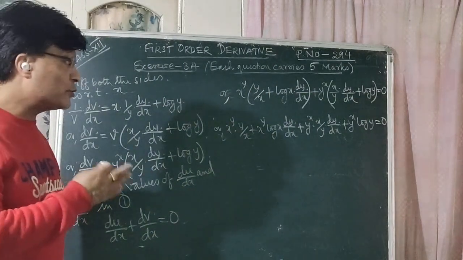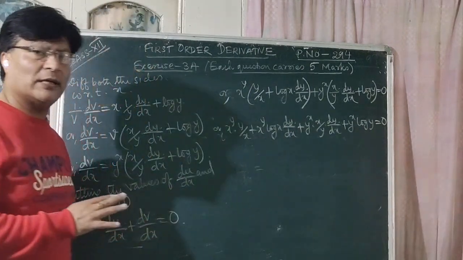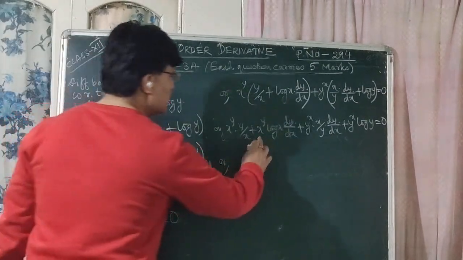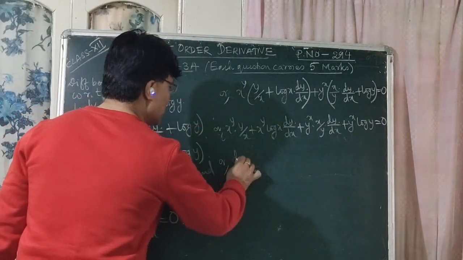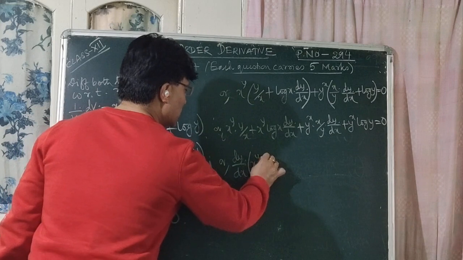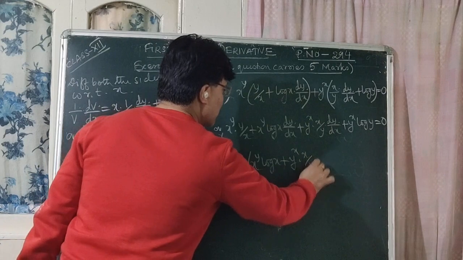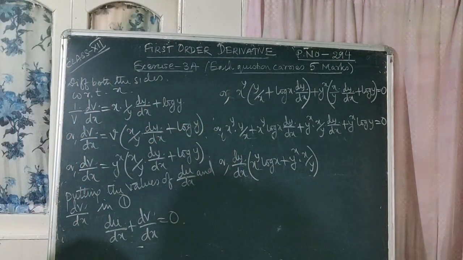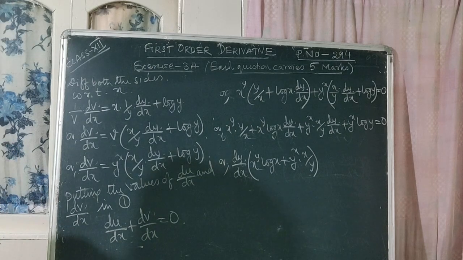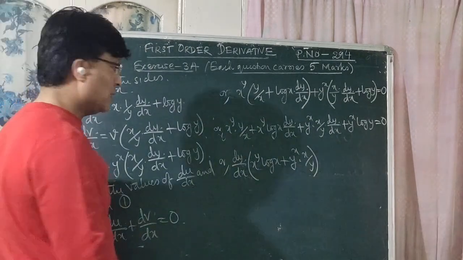So now you have to solve for dy by dx from here. Keep the terms containing dy by dx on the left hand side and all other terms to the right hand side. So from second and third, what is common here? dy by dx is taken common. Within bracket, what do we get? x to the power y log x plus y to the power x into x by y, right? That means we have dy by dx common here within bracket x to the power y log x plus y to the power x into x by y is equal to